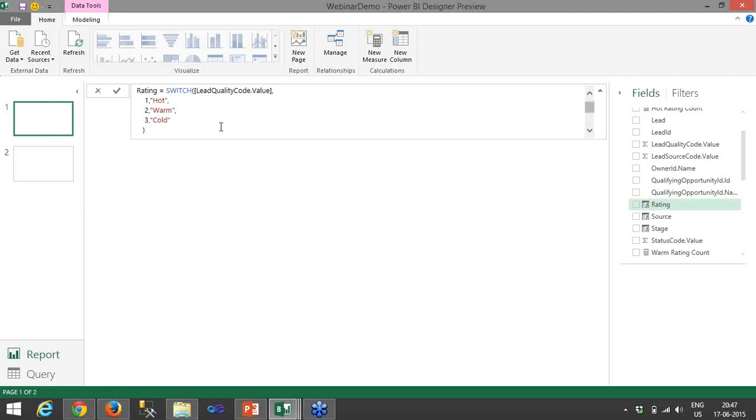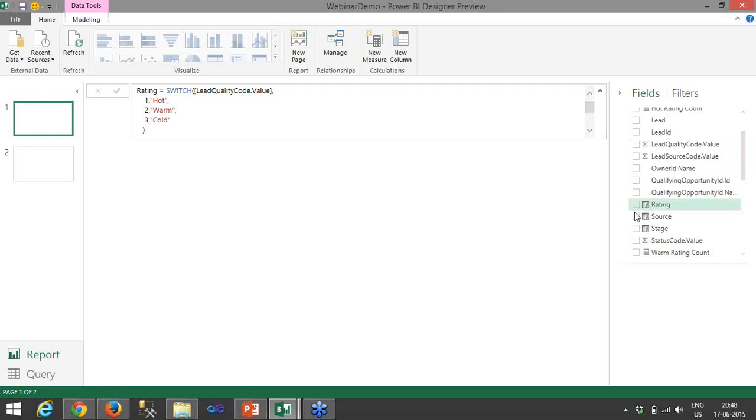The idea behind creating a new calculated column is that the value we fetch from CRM Online is a number field, like 1 represents hot, 2 represents warm, and 3 represents cold for a lead entity. We need to convert this with the help of a calculated column so that it is easy to interpret on the report for the end user.